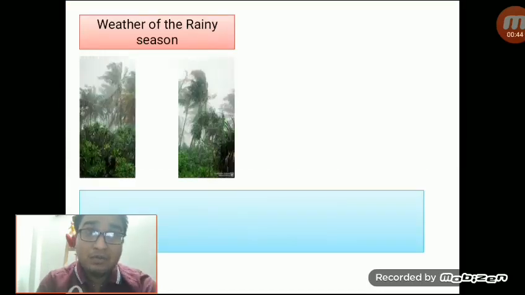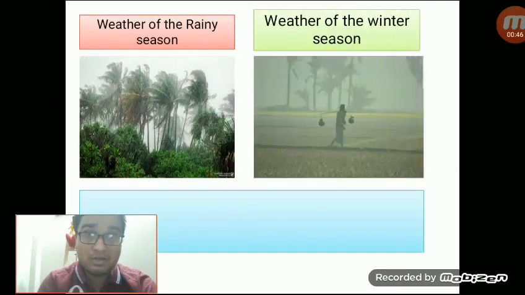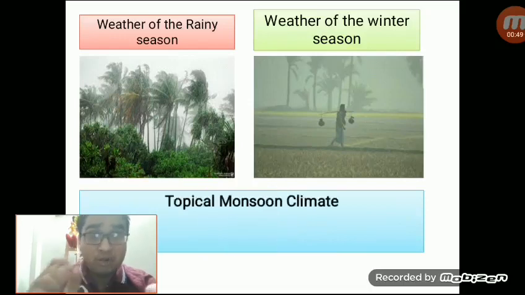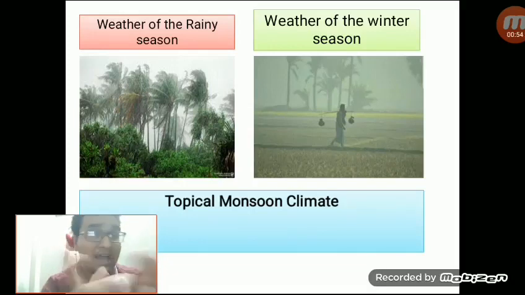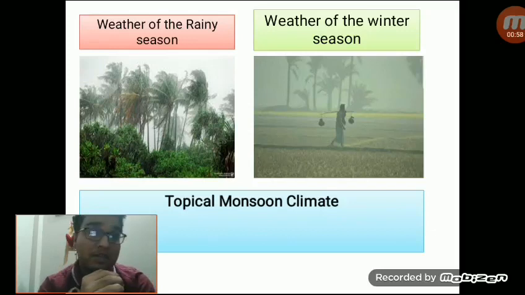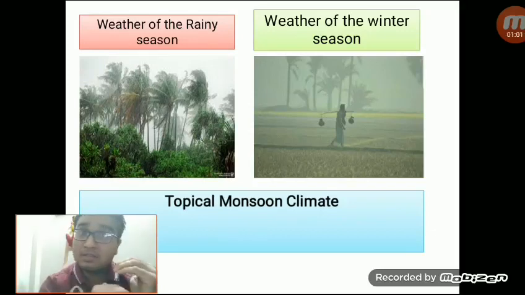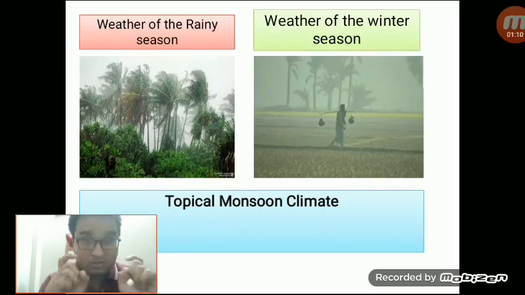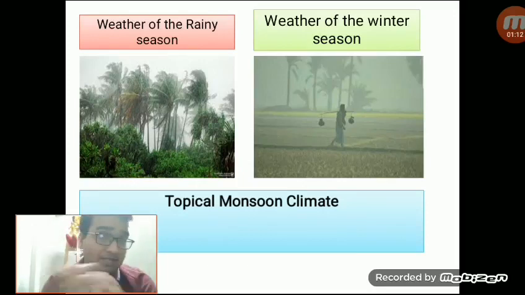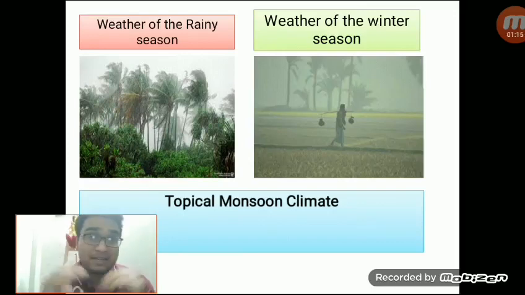At first, I'm going to discuss the tropical monsoon climate. In this slide there are two pictures. The first picture is the weather of the rainy season, and in the second picture we can see the weather of the winter season. So to understand the tropical monsoon climate, at first you have to understand the location of Bangladesh